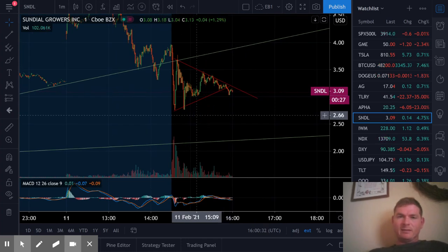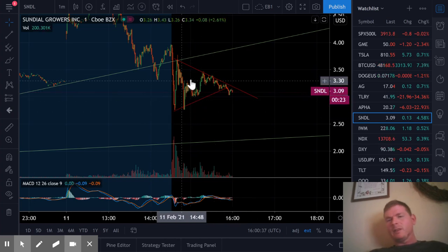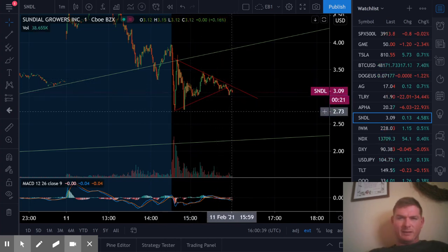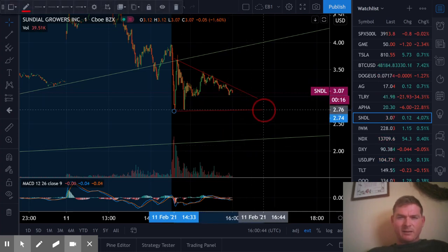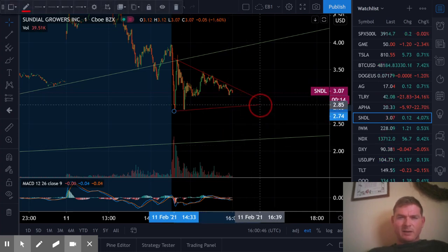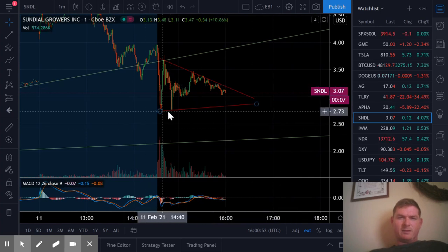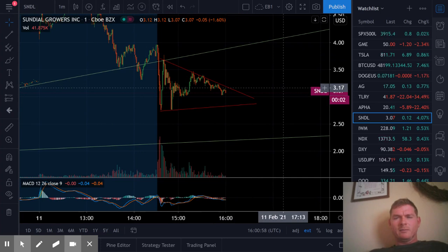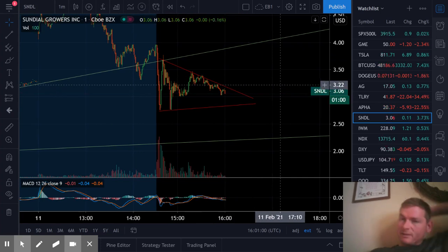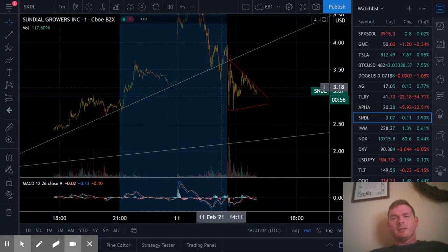It's not very clear on this where exactly the break point is, or exactly where it's consolidating. It may be like that, just because these two tops are down here. Something like that. Anyway, this is Sundial, and this thing's broken off of its high-level bubble support, obviously pretty hard here,